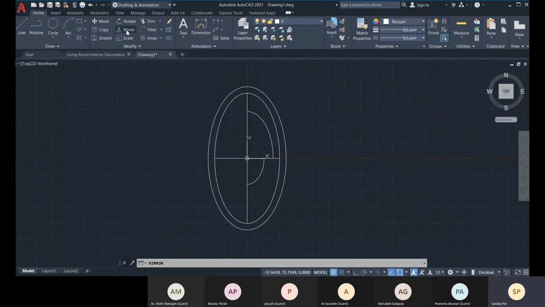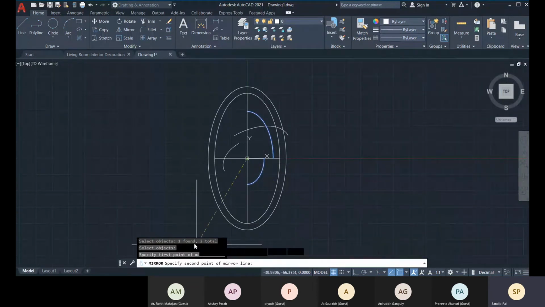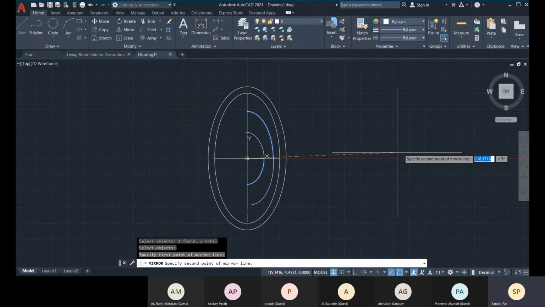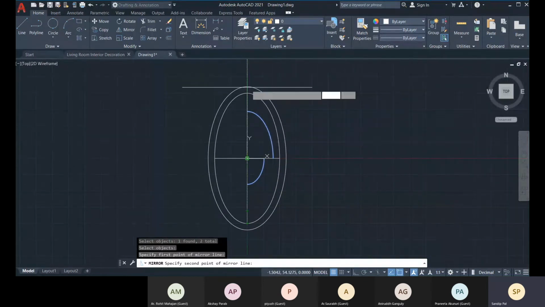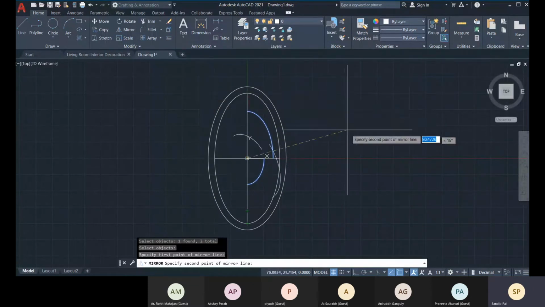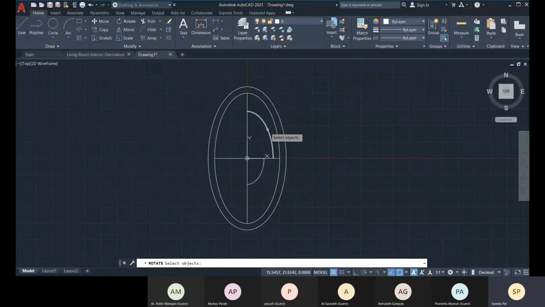So I'll select mirror, and then these two objects have been selected and press enter, and the first point of mirror line is this, and then I need it at the opposite. So how can I get it? With the mirror option, it is very much difficult, right? So I must select this rotate option.